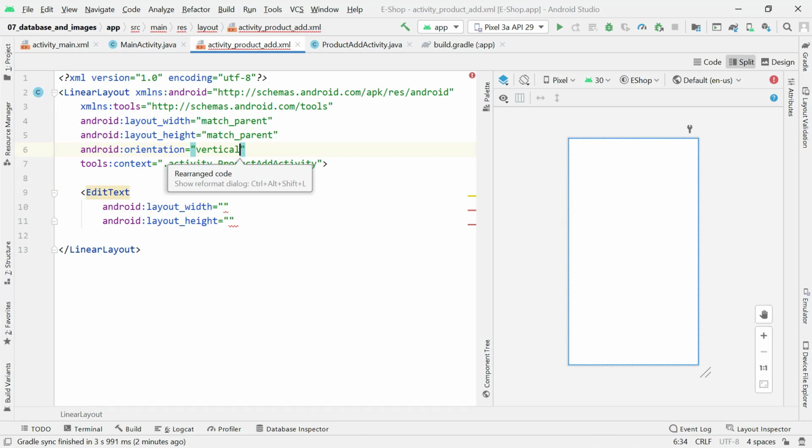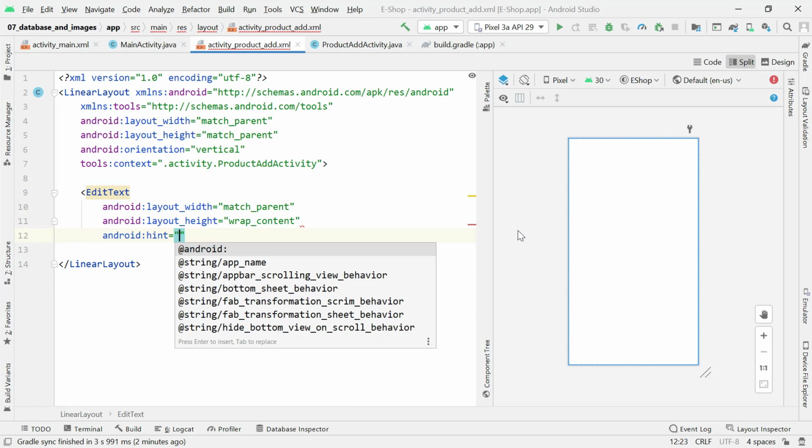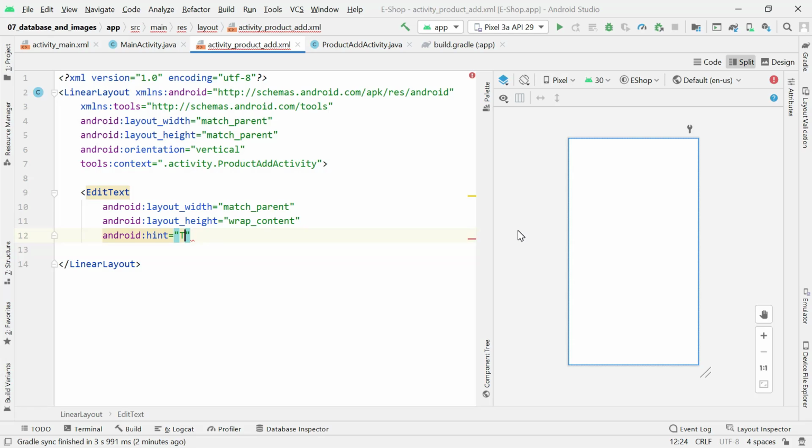I'll not mind so much about the user interface. I'll just mind about the project itself, the functionality. So width match parent, height wrap content, right? And then I can put the hint. Maybe I can call it book title, I mean product title. I can say title. Okay, so I'll give it ID